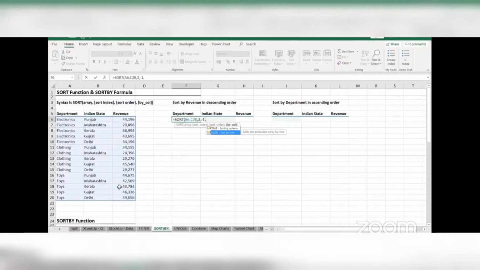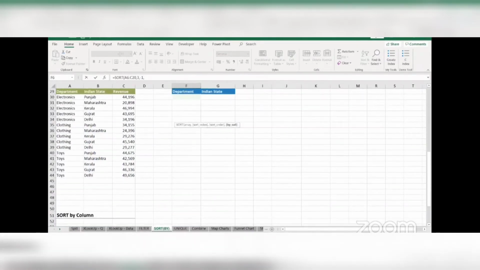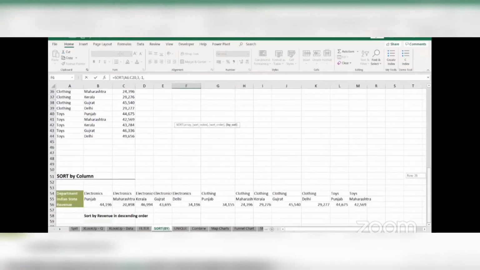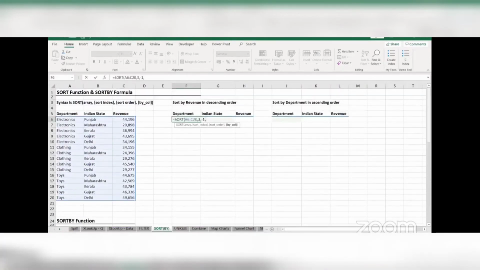But we can also have horizontal data. And whenever you have horizontal data, you need to select the option of true specifically. Now we have an example of horizontal data in this particular worksheet itself at the bottom. One sec, let me just show it to you. Here we have horizontal data, as you can see. So we will get to that option of by column, but not right now, just in a few minutes. All right. So for now, let's close our bracket and we are good to go.